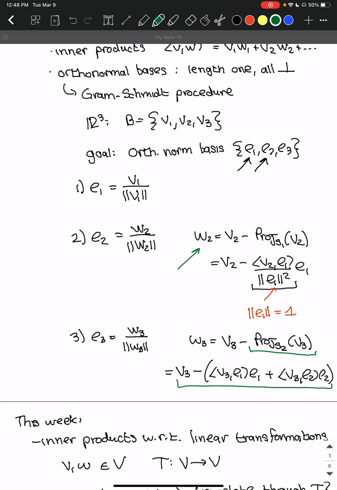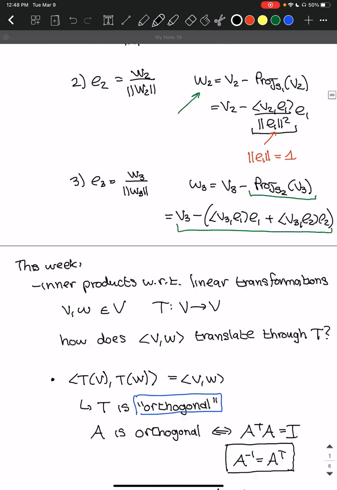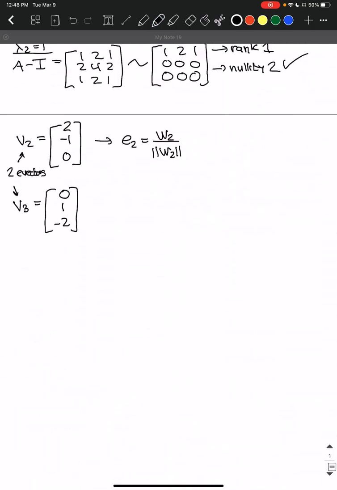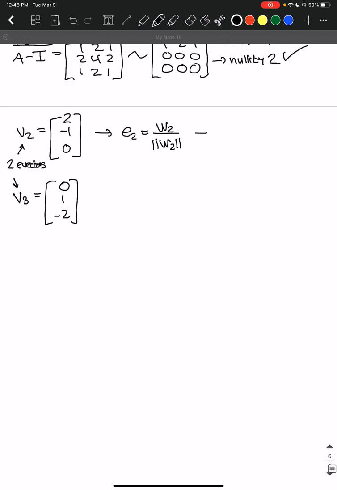We know that to be just the projection onto the basis eigenvector I have. So W2 is equal to V2 minus the projection of V2 onto E1. Okay, we can go ahead and figure out what that is. It's a lot of messy algebra, but essentially we get that